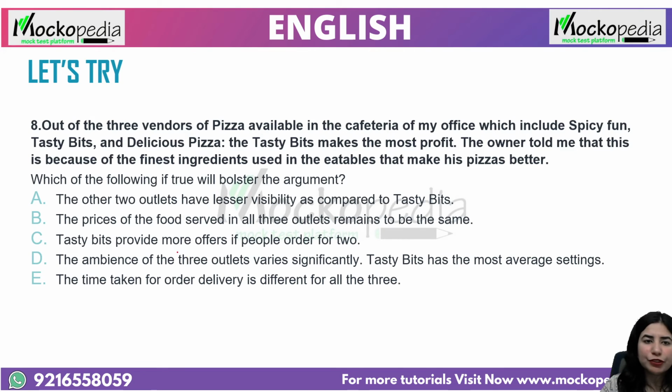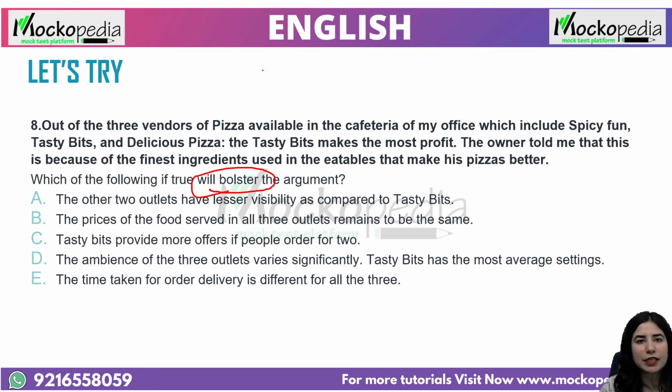So let's start. Which of the following, if true, will bolster the argument? That means you have to support it. So let's see. Out of the three vendors of pizza available in the cafeteria of my office, which includes spicy fun, tasty bits, and delicious pizza, three vendors, three outlets that are selling pizza in the cafeteria. The tasty bit makes the most profit. So the three names given, and tasty bit is making the most profit. The owner told me that this is because of the finest ingredients used in the eatables that makes his pizzas